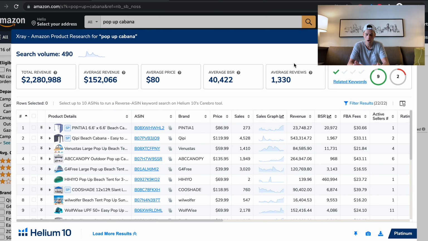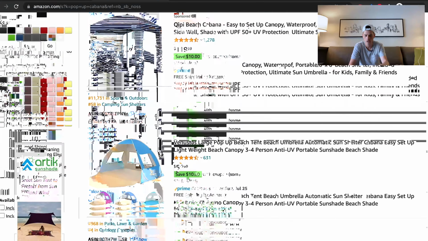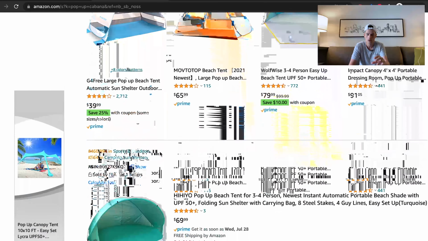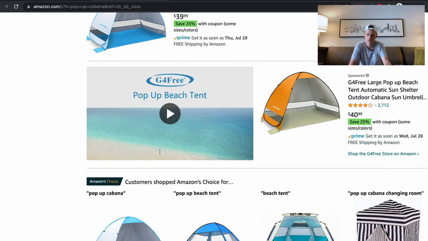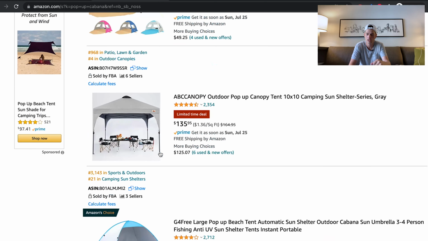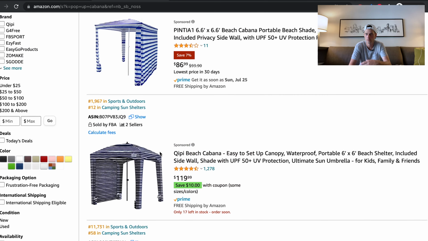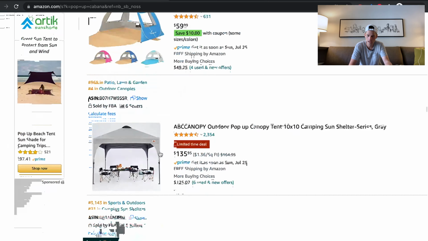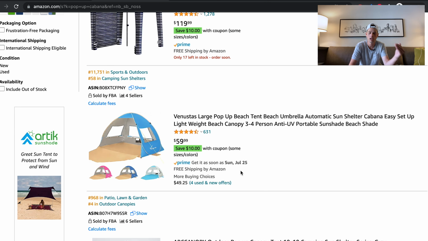What it does is it populates all the data. So here, let me show you. I searched Pop-Up Cabana, and all these products that show up right here all have a bunch of data, right? The price point it's selling at, how many units are being sold every month, how much money they're making, how many reviews they have, what their fees are that they have to pay to Amazon, all that sort of stuff. And if you were to try and click into each one of these products and figure that out manually,